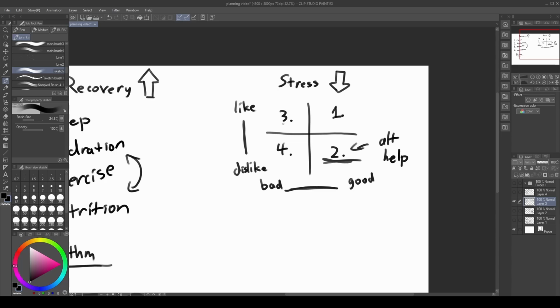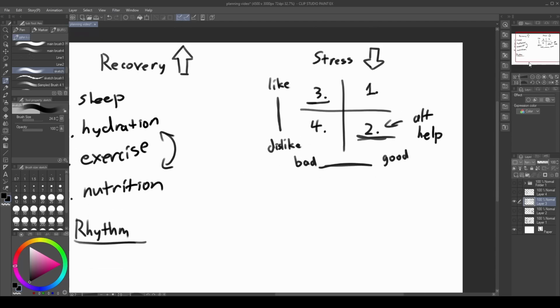Now, if it's not good for us and we like it, this is a very common scenario. If it's really self-destructive, the common methods people use are to put a time limit on it or to limit it, which is obviously really hard. If it's really hard, why would we pick the hard route?